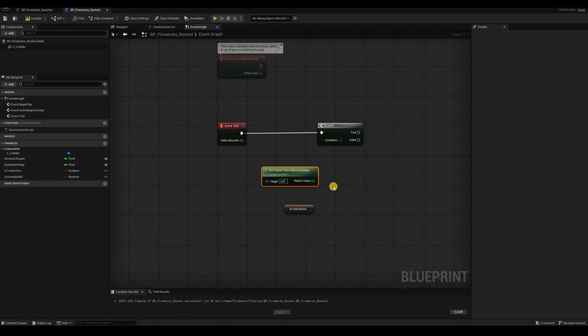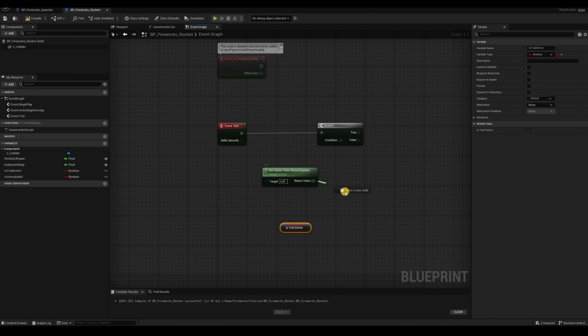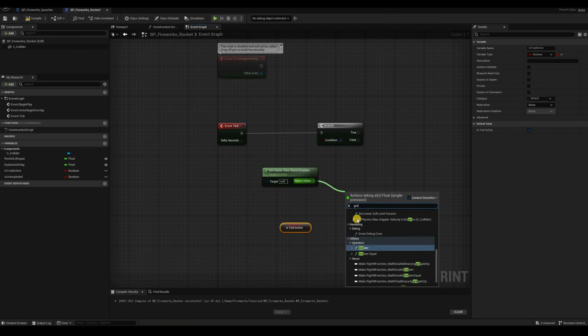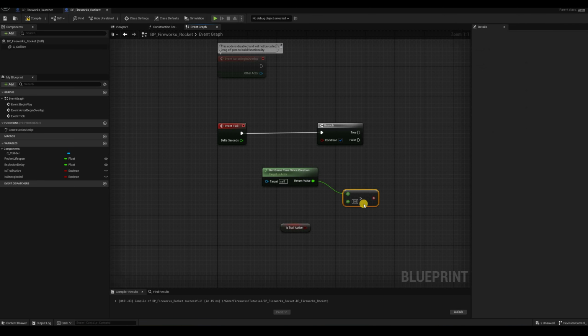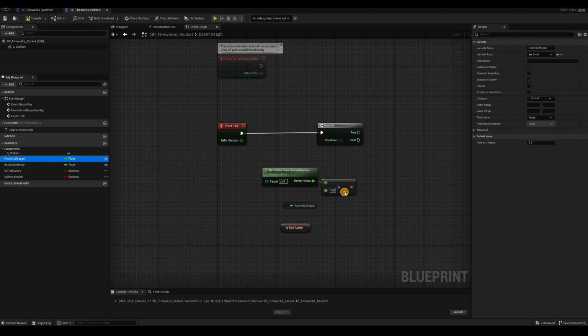So this is the time since this blueprint has been created, which is perfect. So if this is greater than our rocket lifespan, which is here,